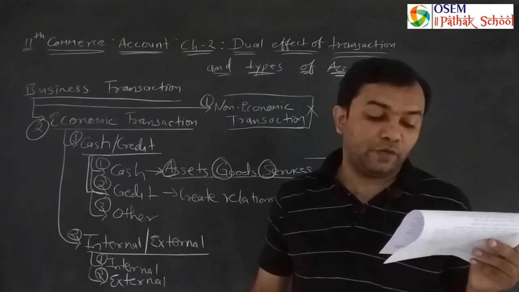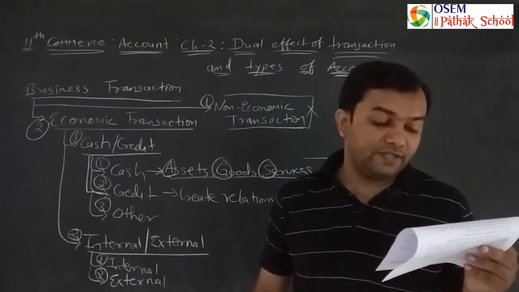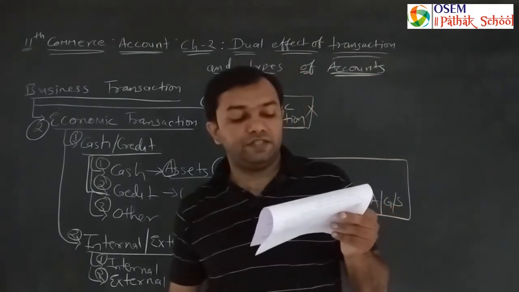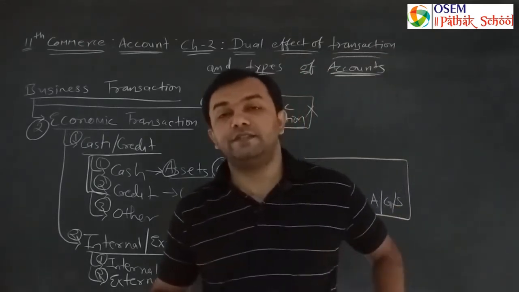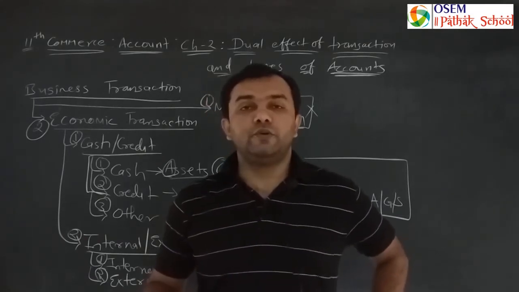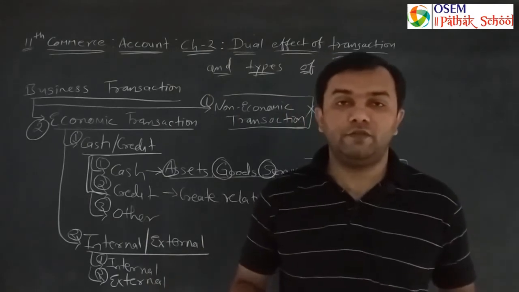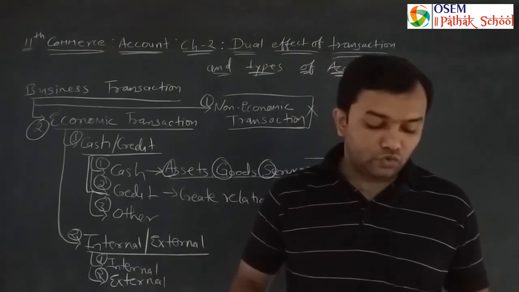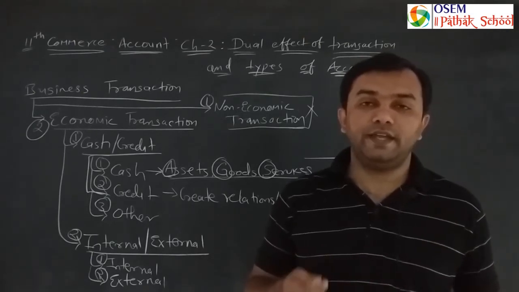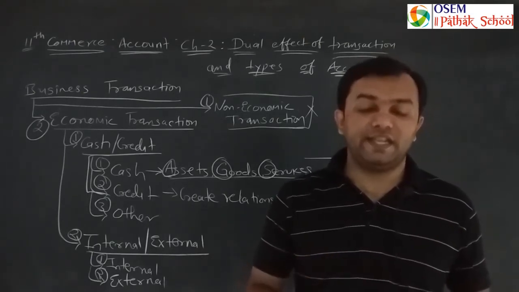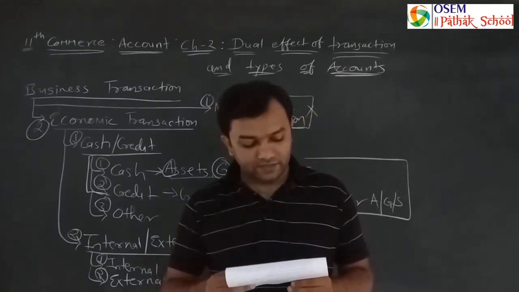That is cash paid for an acquired service or cash received for a provided service. For example, salary of rupees 20,000 paid to an employee. Employees give services. They are not producing goods or giving us goods. They are providing their service, their work, to us. So the service is received by us from the employee, and we are paying cash to the employee. Another example is given: brokerage received of rupees 9,000.